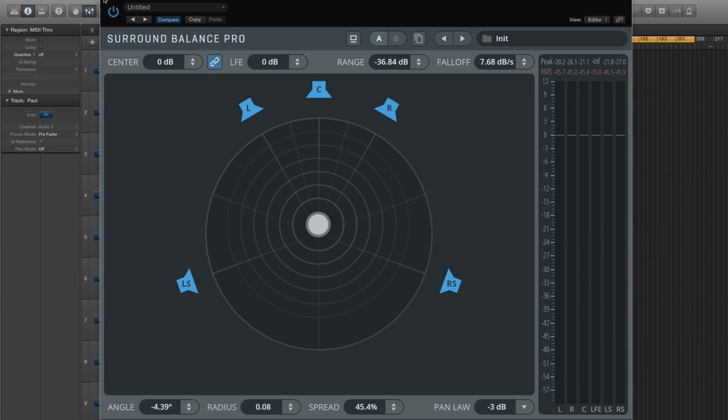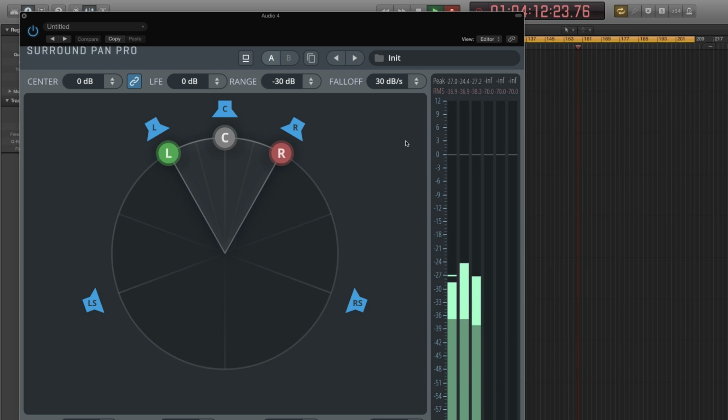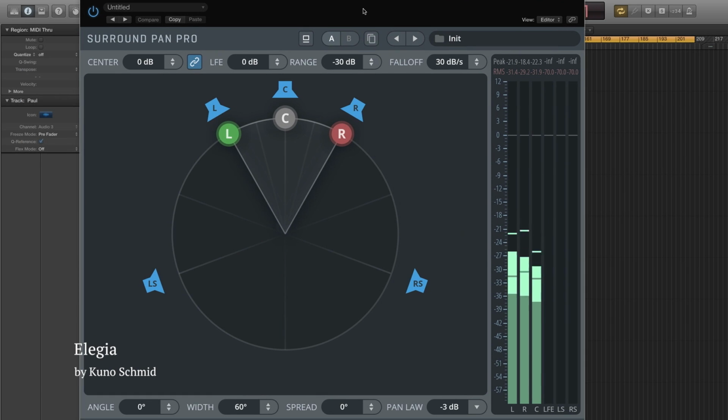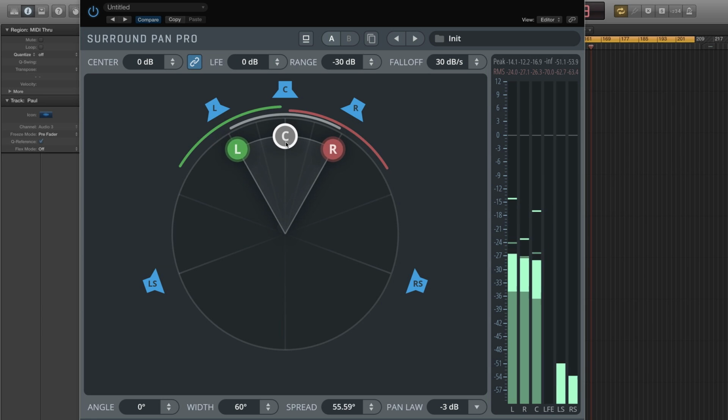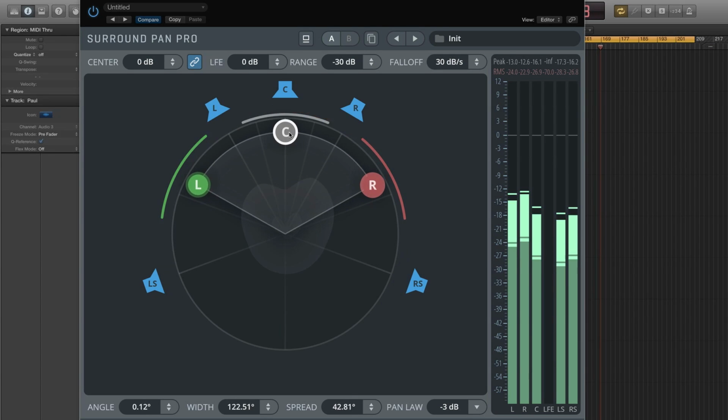Let's switch back to simple stereo and have a look at the Surround Pan Pro. This plugin basically has the same controls as the Surround Balance Pro, but it deals with stereo signals exclusively.